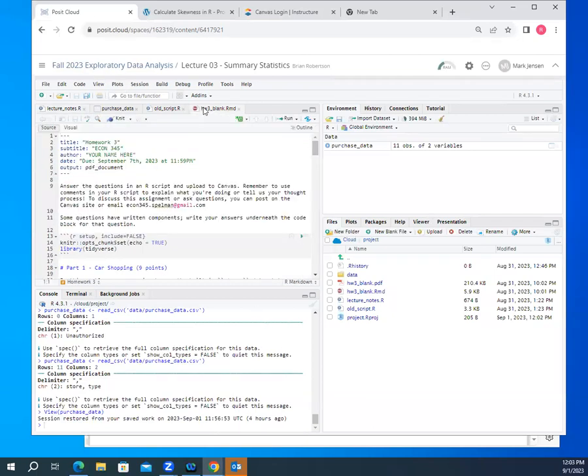Fortunately for this week's homework, you're not gonna have to worry about how to code these markdown files. There's nothing new you're necessarily gonna have to do. You're just gonna do your work in a different place. So if you download that R markdown file and get it into RStudio,